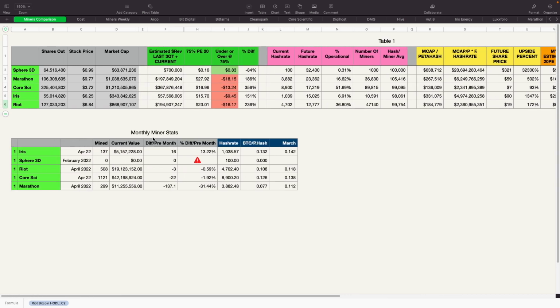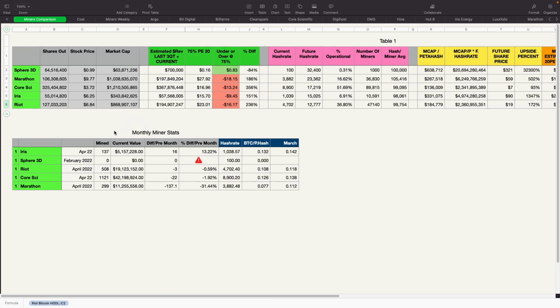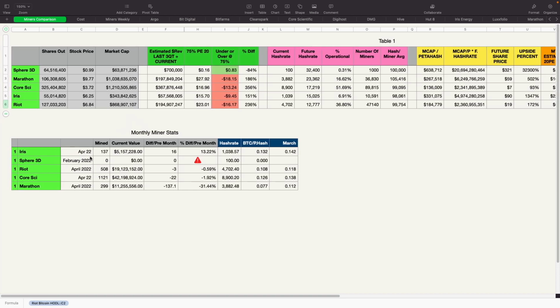And then looking at their monthly miner stats, Iris, we'll just go down the list here. Iris mined 137, Riot mined 508, Core Scientific mined 1,121. That's why I'm saying that they will probably beat Marathon at the end of May. Marathon only had 299, and they had a problem with their